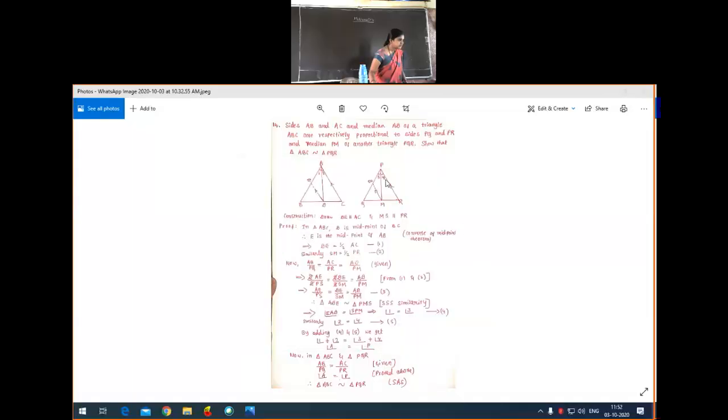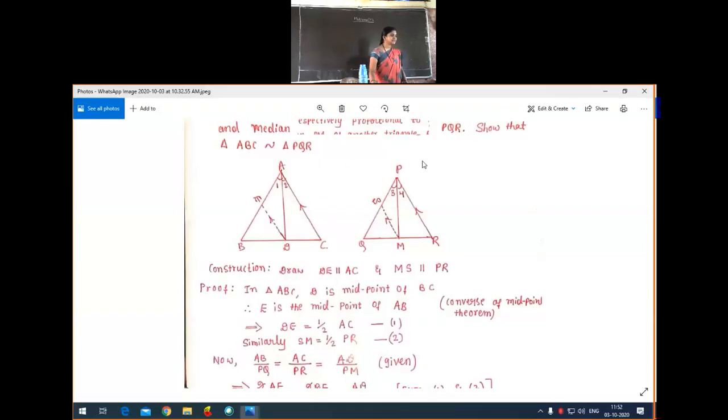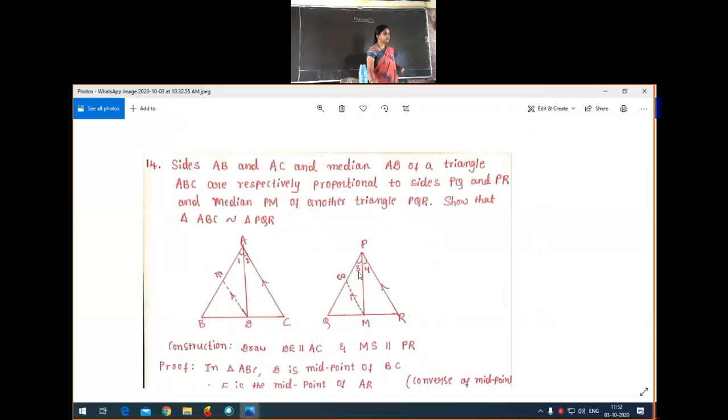Yes. So now we have to discuss the 14th question. We'll start the discussion of the 14th question. It is a little bit different. Here we have to use some concepts, not new ones, which you already learned in the 9th standard, so we have to revise them here.